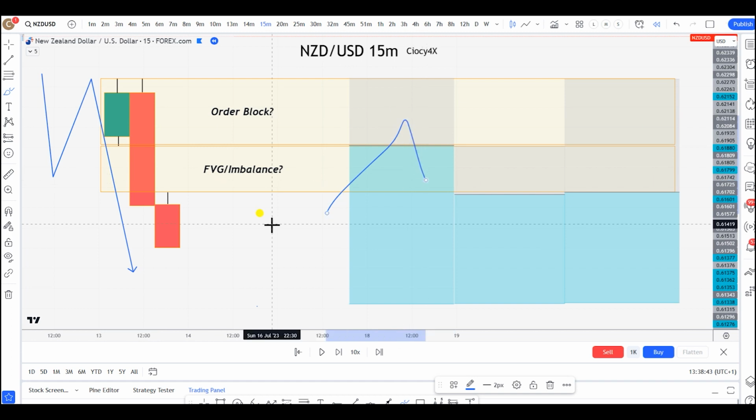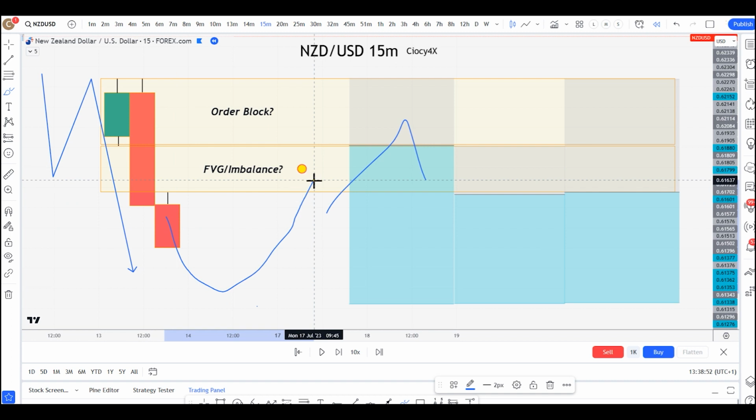So even if sometimes price plays out from an imbalance, it doesn't mean that the order block doesn't work. All it means is that most likely the momentum of the price was so strong that the price failed to fill the imbalance. It came halfway to the imbalance and then it dropped. So that's why it's so important, as a trader, to be able to distinguish the importance of the tools that you're using and give priority to them. And for me, the priority is the order block.